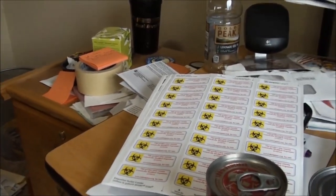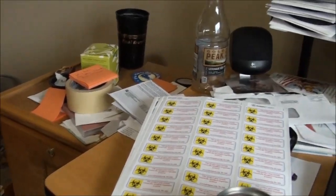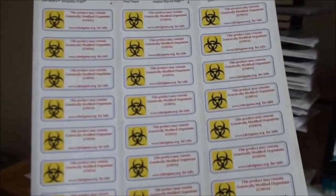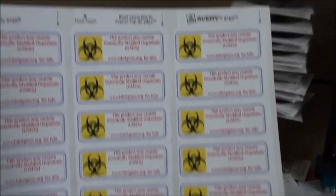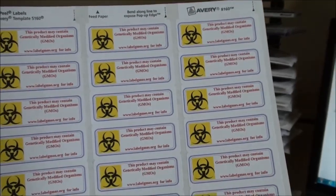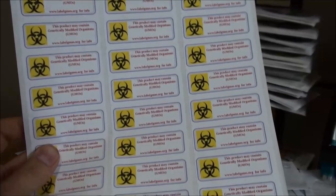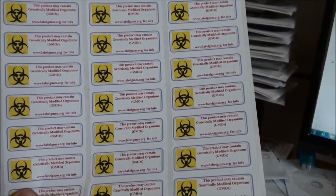So if you're part of the sane minority left in the world that's against biotech companies genetically modifying your food, I came up with some fun things to do. Is making your own labels off the computer and printing them out. And I think a useful idea for this is, when you go to work or something and you have a bunch of coworkers, and then when they're not looking, you just stick one of these on